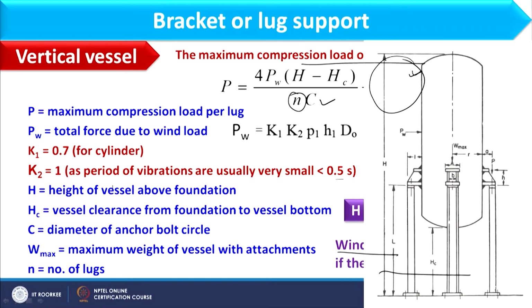Here you see, this is the schematic of the vessel with bracket support, and here W max is there, P is there, and wherever P will act, its arm is also given. Hc is basically the height from the foundation, H is the total height, and L is the height of the column. Now, we have other parameters: L, B and H. H is the distance between the horizontal plates, L is the total width of the horizontal plate, the bottom plate, B is basically the distance between the gusset plates, and A is the length of the horizontal plates.